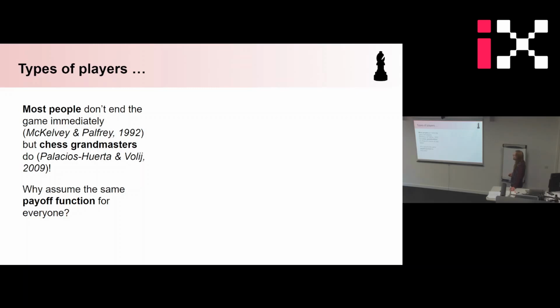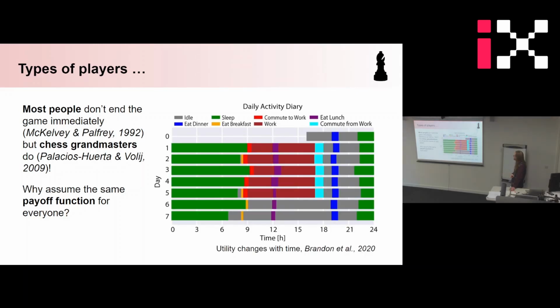Similarly, who says that your payoff function is the same all the time? I mean, you might be in one mood or you might be in another mood. So there's an agent-based model from a research paper just on this to illustrate this point. What they say in this paper is basically that if you eat lunch, when you're hungry, that has a high payoff. Once you have eaten lunch, eating lunch again and again and again doesn't really